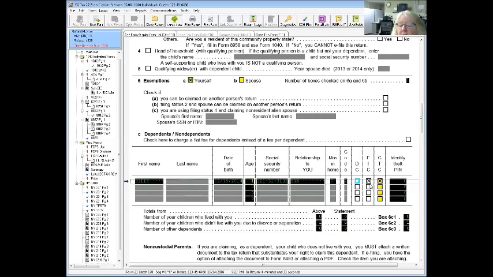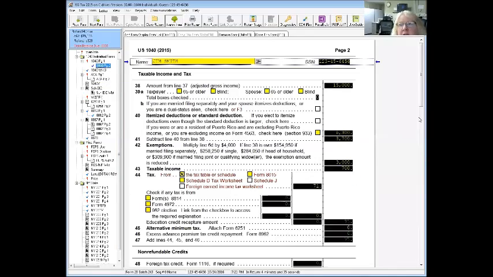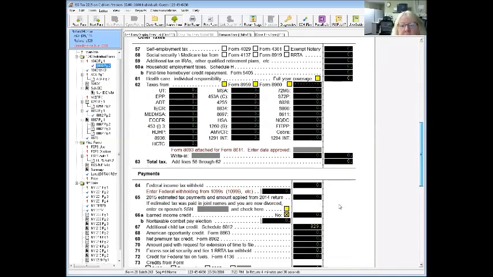We're still going to, I always check the EIC box, but let's look over here. It says earned income credit, no. It automatically checks no, because he doesn't live there. He doesn't qualify. So as long as you fill in the main information page right, and you watch the boxes, you watch the months and home, and the filing status, the computer's going to know exactly what to do. Okay?